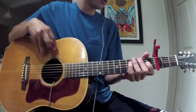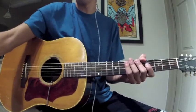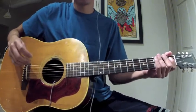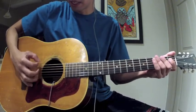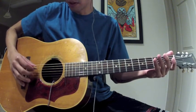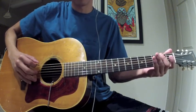So here we go. First of all, I have a capo on, but I'm going to go ahead and take it off and show you how the tuning is. This is a little bit odd. I actually just made this tuning up. So it's basically standard, but then you tune these two strings a half step down. So it should sound like...